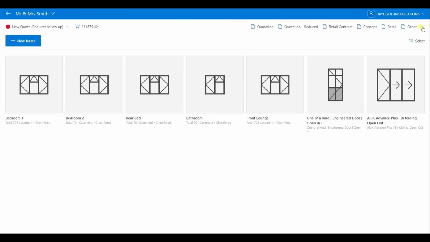Okay, guys, so there's obviously other bits that you can use on there. If you're doing trade supply, there's a supply only invoice, but